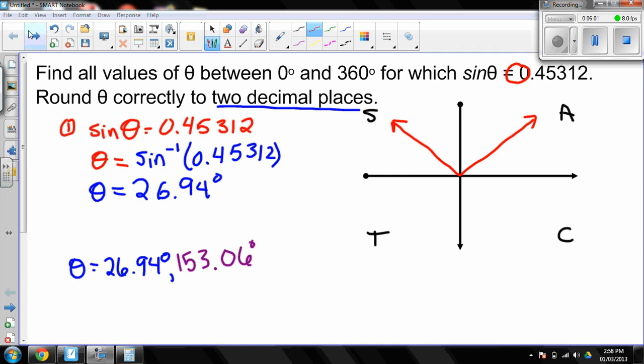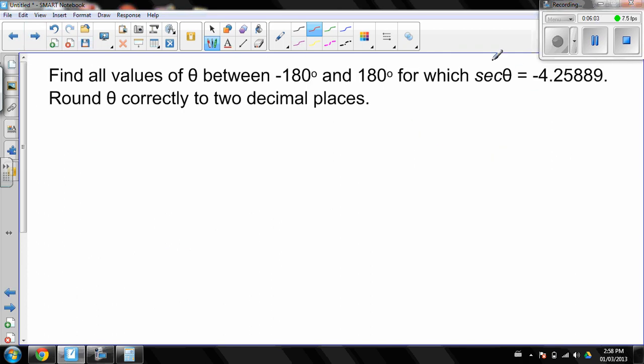Okay, quickly we're going to go through one more example that involves secant as well as a specific domain between negative 180 and 180 degrees. So our first step is the same as before. We need to figure out what this actual angle is. So I have secant theta equals negative